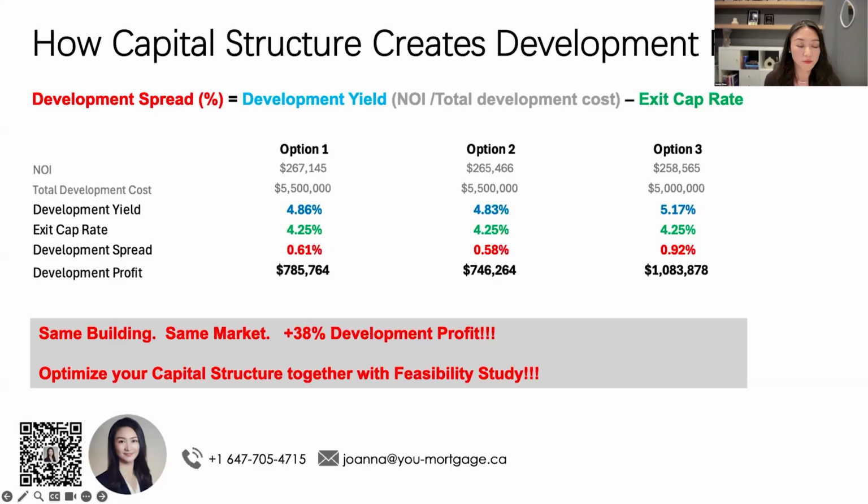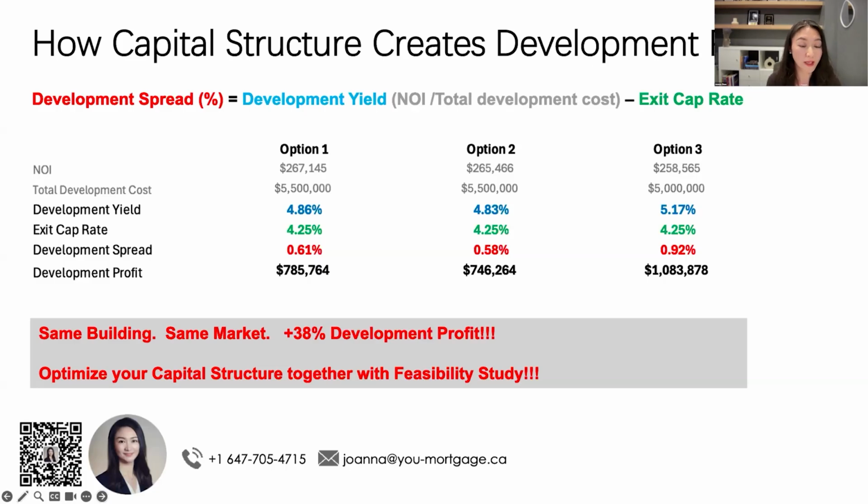And our takeaway here is to always start planning what financing program we are going to use as early as possible, even before you start the feasibility study, or at least together with it. Many developers will use advisors to provide a feasibility study, right? Usually we focus on the future rental profile, like what the unit mix will be and what amenities we should do. But at the same time, I would suggest every developer also think about the loan program.